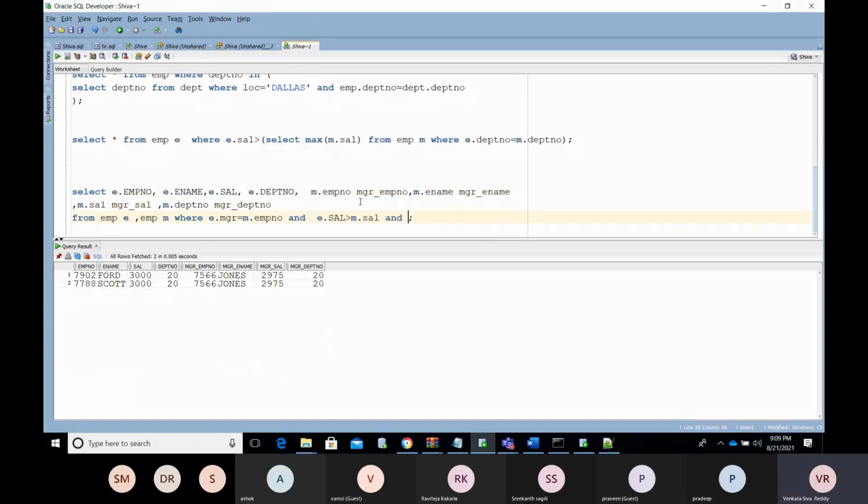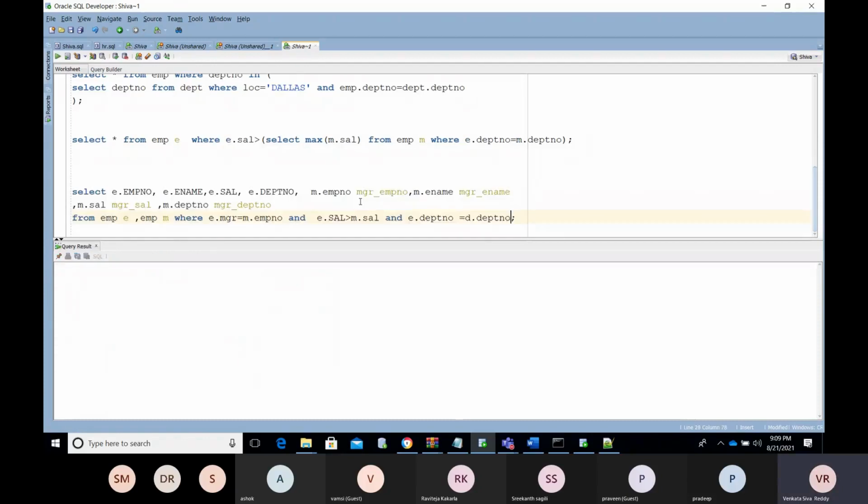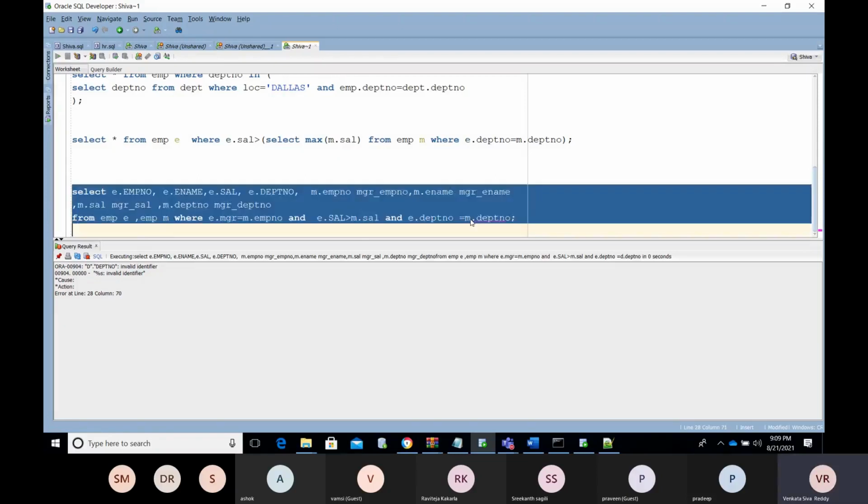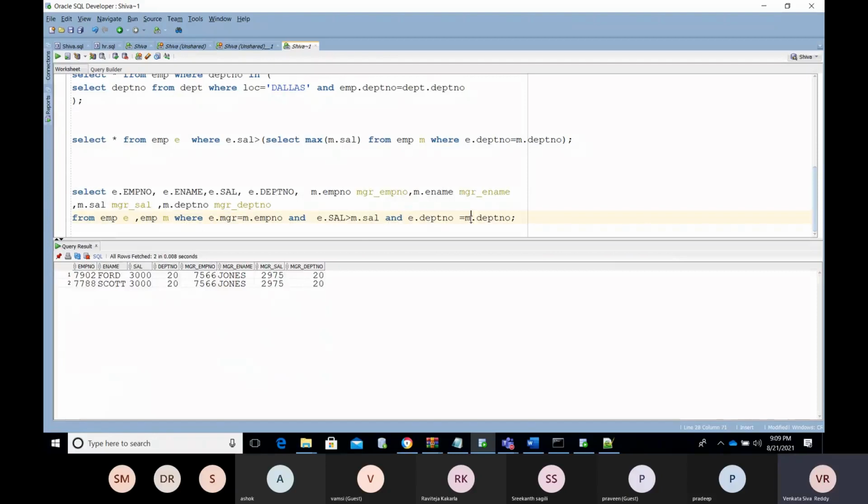And need to mention like E dot DEPT number equal to M dot DEPT number also, we need to mention, else we will get other information if anything is getting matched, or it is getting M not E. So need to mention like this.